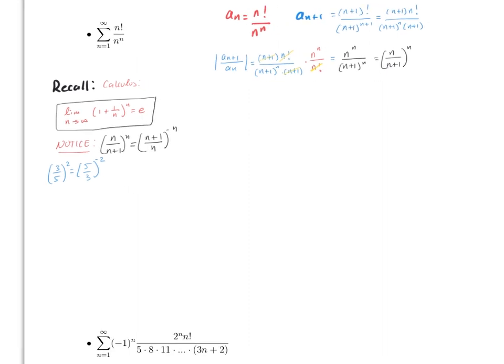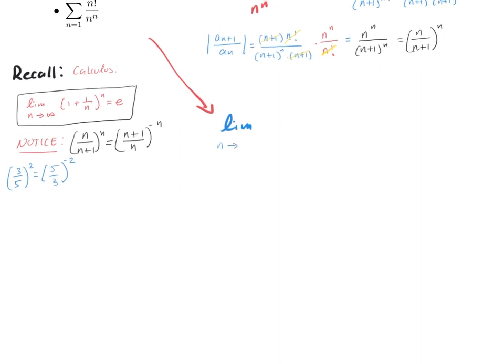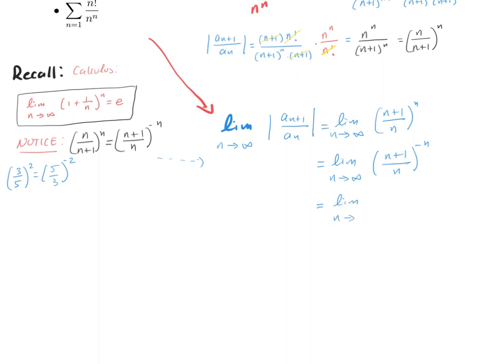So therefore, if that's the case, then if we apply the ratio test, we have that the limit as n goes to infinity of the ratio is equal to the limit as n goes to infinity of (n plus 1) to the n divided by n to the n power. But based on this, it is equal to the limit as n goes to infinity of (n plus 1 over n) to the negative n, which if you rewrite this is the limit as n goes to infinity of